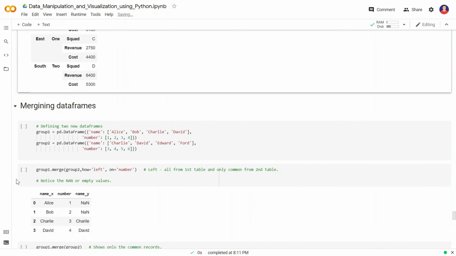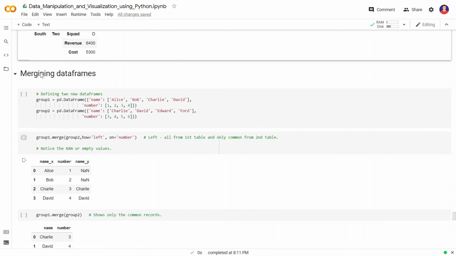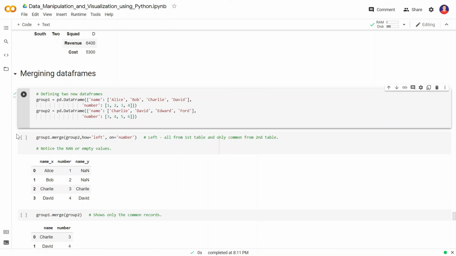Now how about merging the data frames? For merging the data frames, let's first specify the two basic data frames. Now if we use group1 dot merge with group2, how left on number, it will merge all from the first table and only common values from the second table.